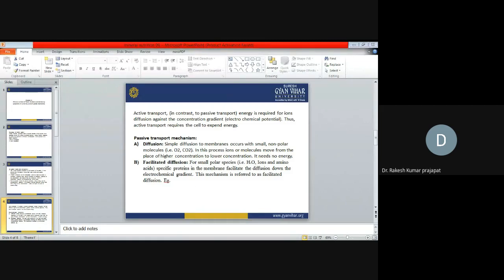So, today's chapter is mineral nutrition. In the previous class, we were discussing the different classes of minerals, their deficiency symptoms, roles, and functions. We already discussed nitrogen, sulfur, and phosphorus. Today onwards, we will discuss the different physiological functions and deficiency symptoms of calcium.